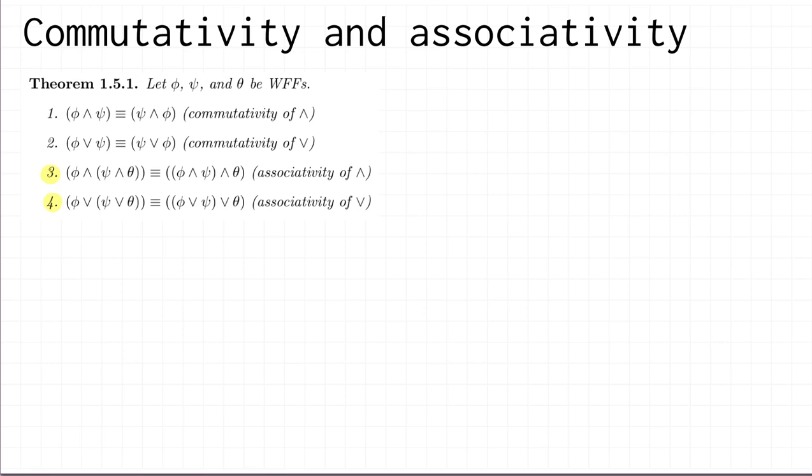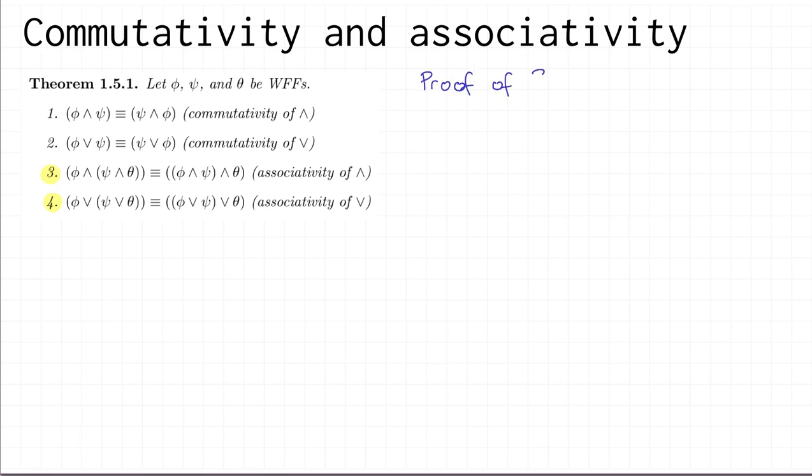Okay, let's prove one of these things. Let's just prove one of them, namely number 3. In fact, I'm not even going to do the whole proof. I'm going to show you how to go about proving these. And what we should do is simply look at all the possible cases. So to prove that 2 things are logically equivalent, you have to prove that under any truth assignment they get the same truth value. So we're going to draw a table, and let's call this proof